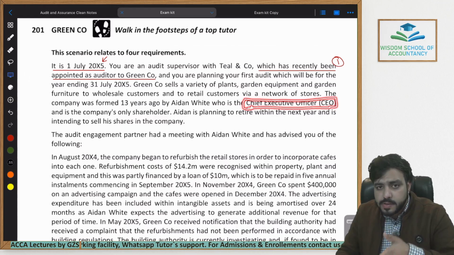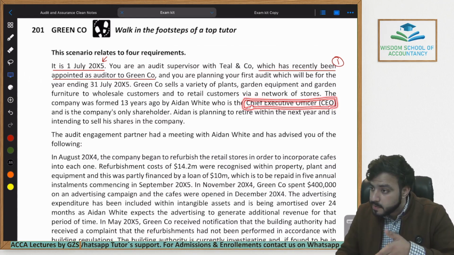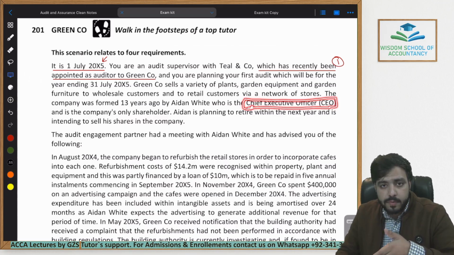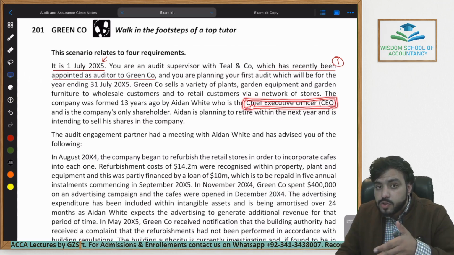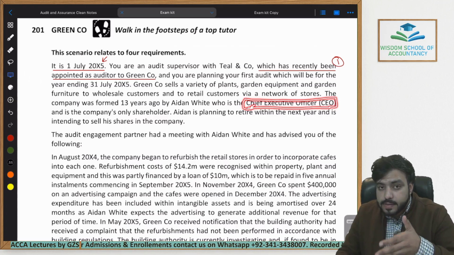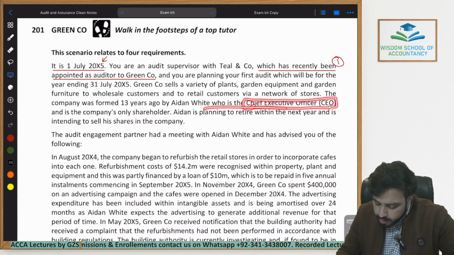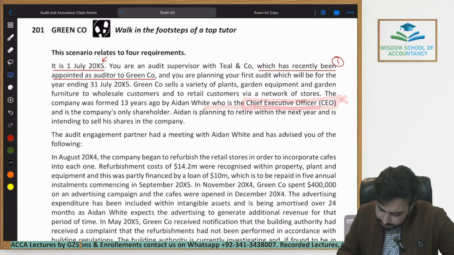Even though it was a listed company, you cannot create this risk here that why is the CEO the owner of the company? According to the code of corporate governance, the owner should not be involved within the decision making of the company. They should select non-executive directors. No, you cannot create this risk here. This is not a code of corporate governance question. This is an audit risk question. There is no audit risk in this case,